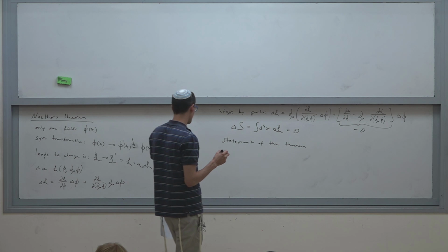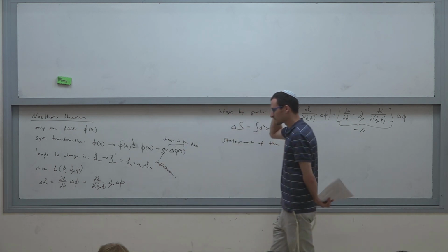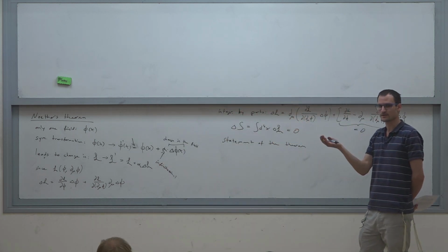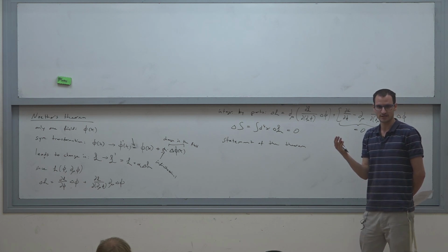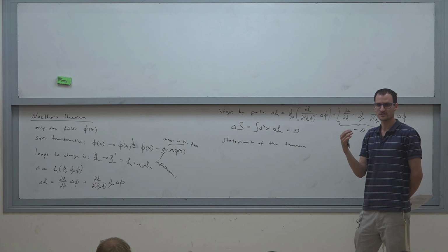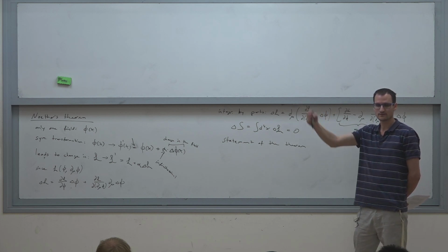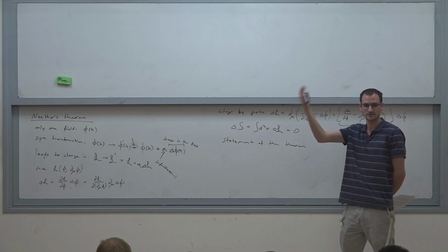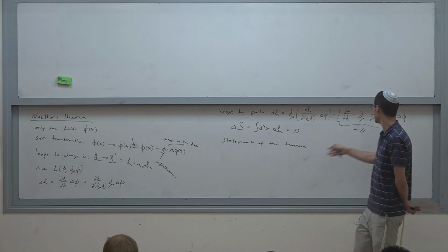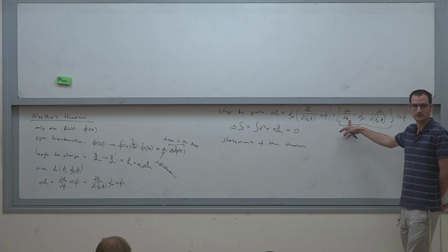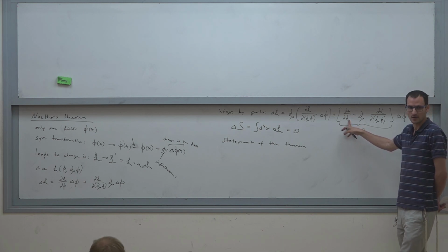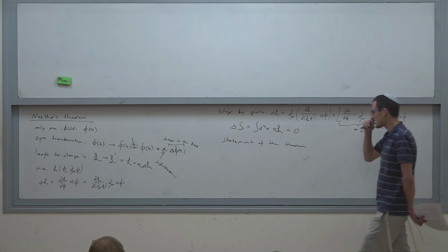So before I told you that the action does not change under a symmetry transformation. Of course, it's not entirely true because the action can change as long as it only changes up to a boundary term. If it changes up to a boundary term, basically shifts by a constant, then the equation of motion, when you do Euler-Lagrange, the constant is going to vanish. So if the action changes by a constant, the equations of motion are still invariant. And that means that the Lagrangian